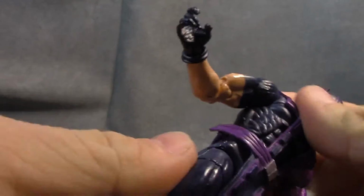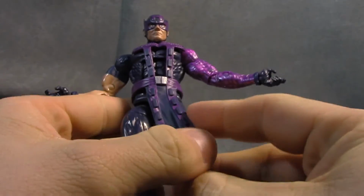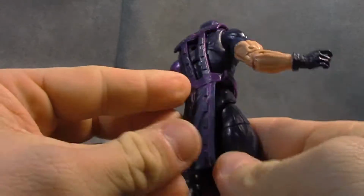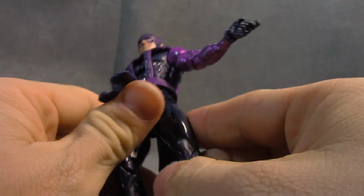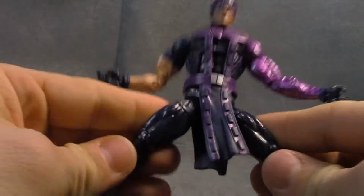We got a waist swivel. Once again, the suit kind of gets in the way, and then this is all painted very nicely too. It's very clean. Very clean. Nicely done. And then the T-jointed ball joints for the hips